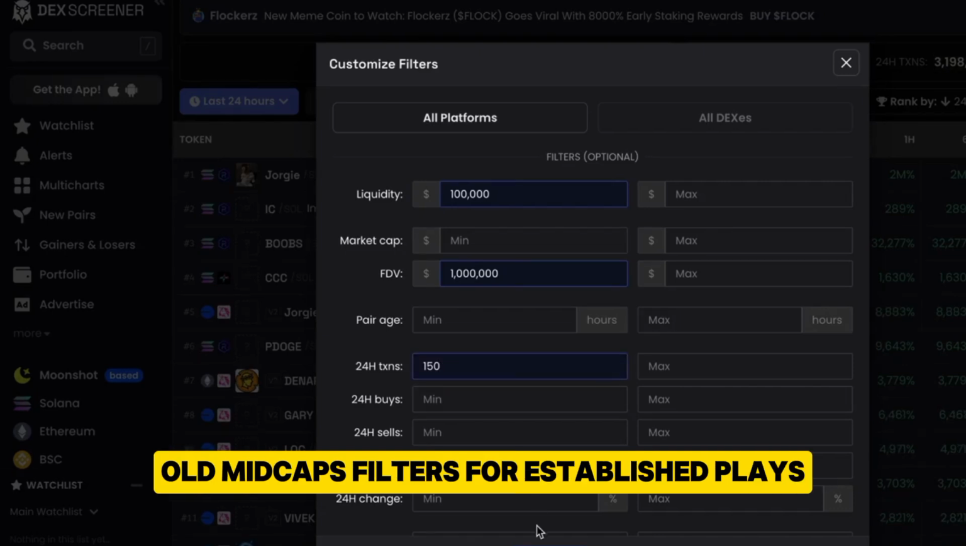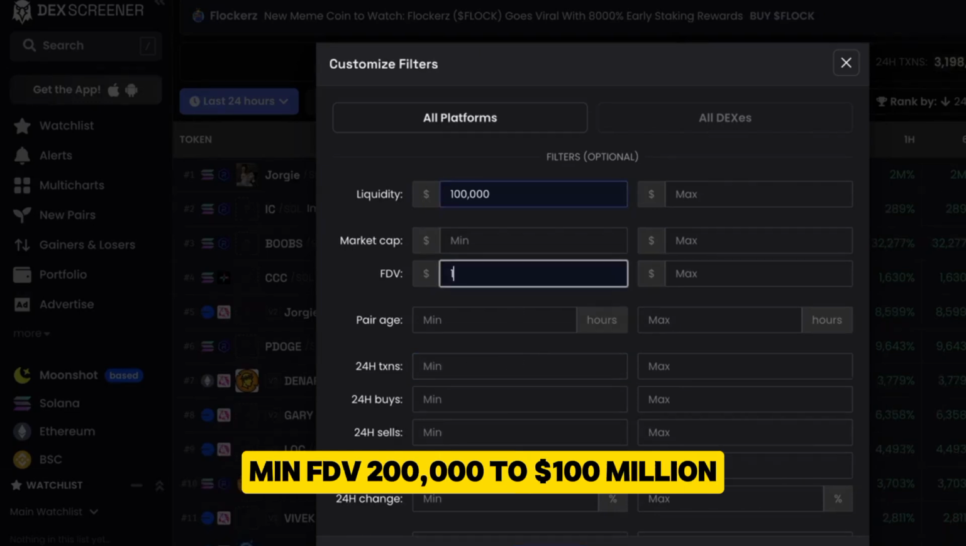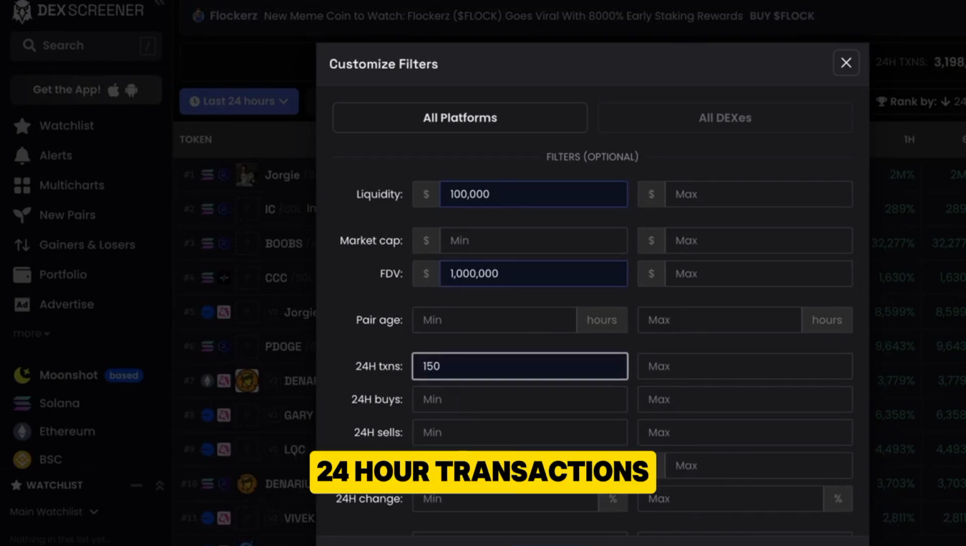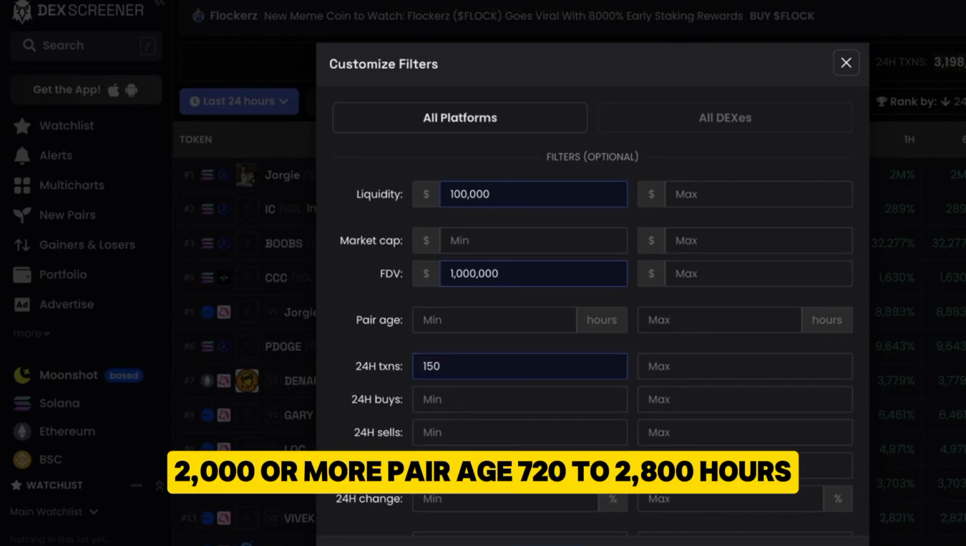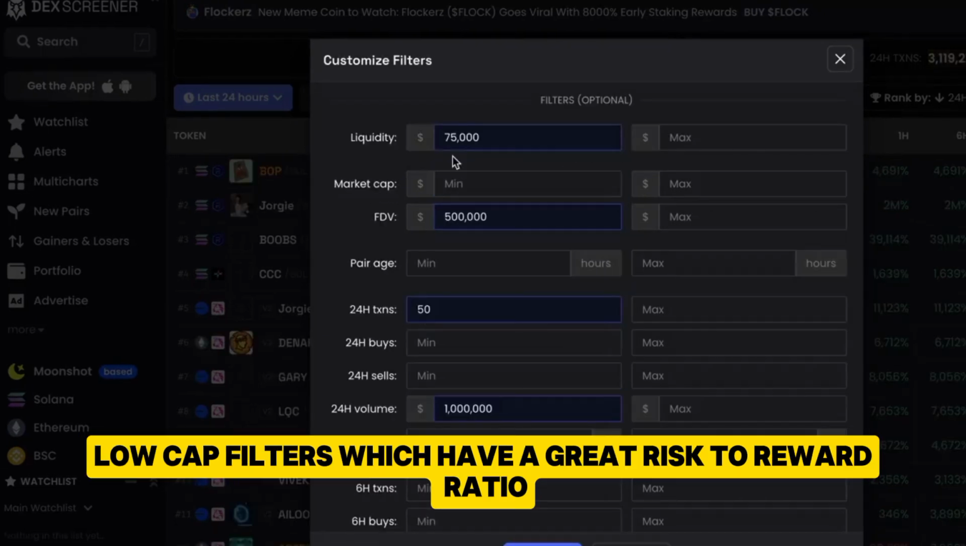Old mid-caps filters for established plays: liquidity $100,000 or more, min FDV $200,000 to $100 million, 24-hour volume $200,000 or more, 24-hour transactions 2,000 or more, pair age 720 to 2,800 hours. Low-cap filters, which have a great risk-to-reward ratio: